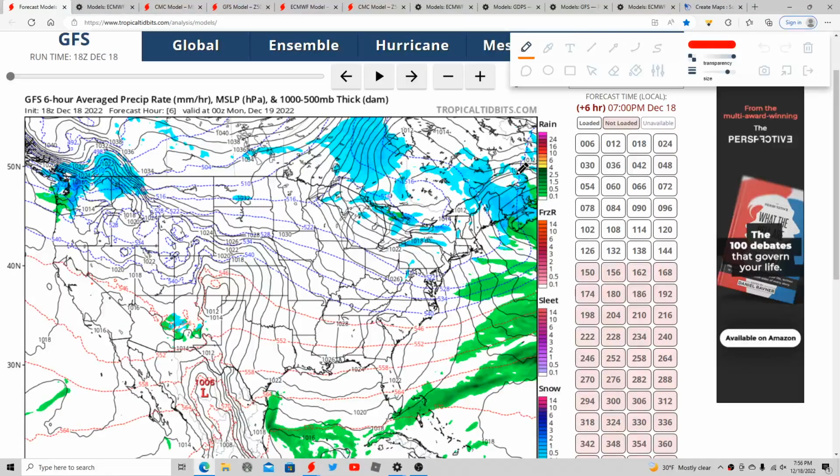Hello everyone, Storm1 here. Today we'll be tracking a storm system that's going to bring significant impacts across parts of the Central and eastern part of the country. It's going to have a major Arctic outbreak. There's a potential for a blizzard, strong winds, a decent amount of rain, and also coastal flooding issues along parts